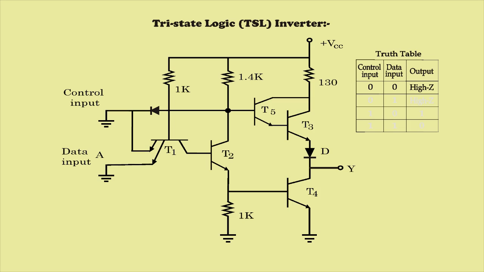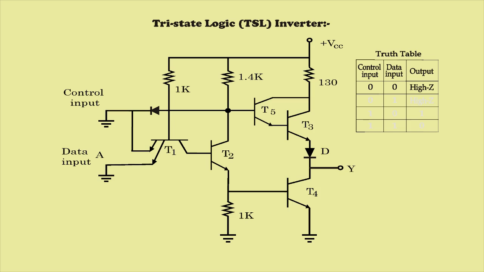So right now the transistor T4 is also off. Now from the upper circuit you can see the diode is sinking the current, so no current will flow towards the base of T5 also. So base of T5 is low, so T5 will be off. If T5 is off, then no current from the power supply through resistor 130 ohm will enter the collector, and that collector is off right now. So no current is passing through transistor T5. That means the transistor T5 is also off.